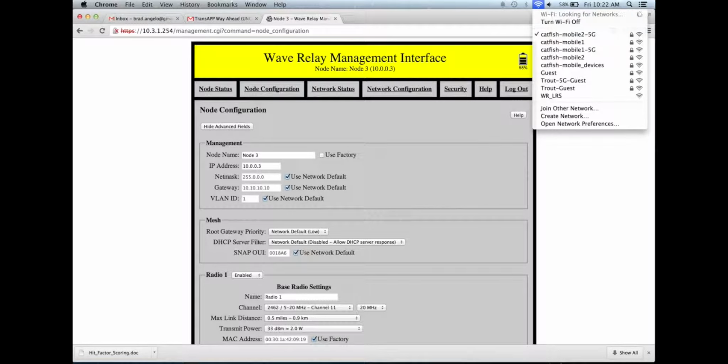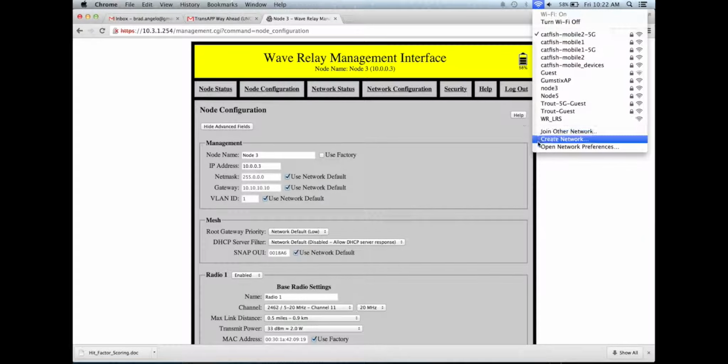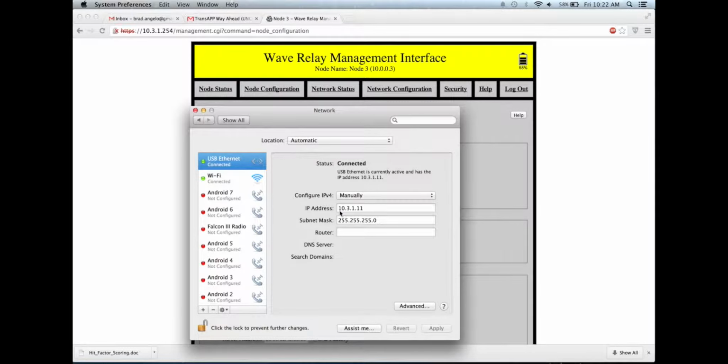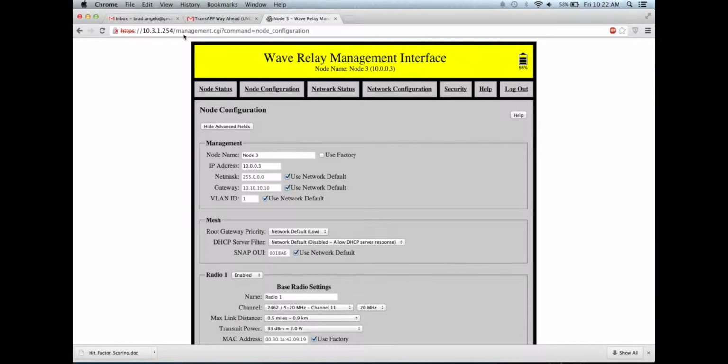I'm using a Mac, you can use Windows, you can do whatever you want. But you need to edit the IP address of your computer. You need to make the IP address of the computer 10.3.1.11. Subnet mask is 255.255.255.0. No gateway or what is called a router on here, none of that. So you set that, apply it, and that's going to allow us to